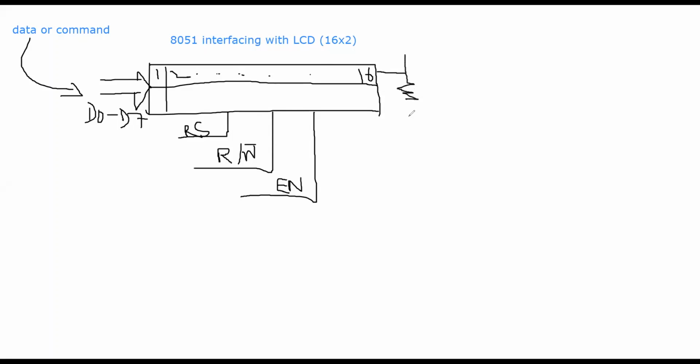Let's say this is a resistor, a 10 kilo ohm potentiometer, grounded on one side, with VCC here.